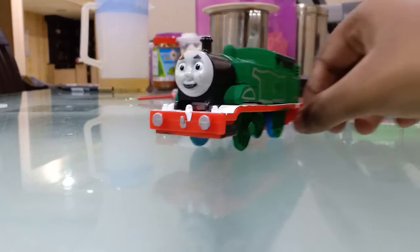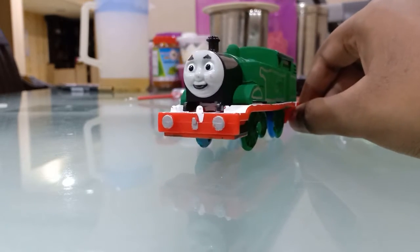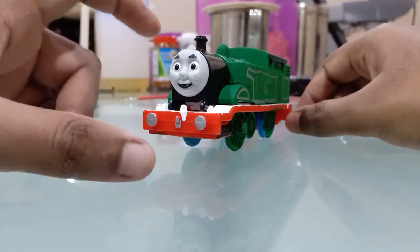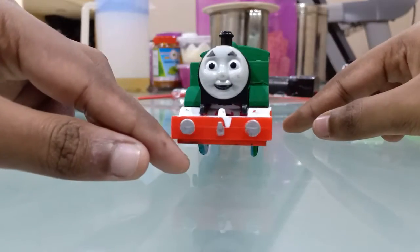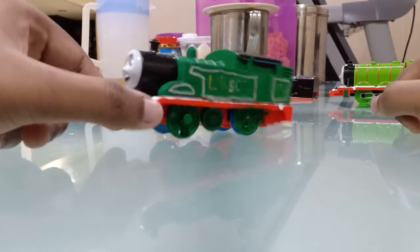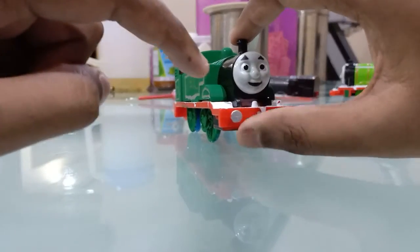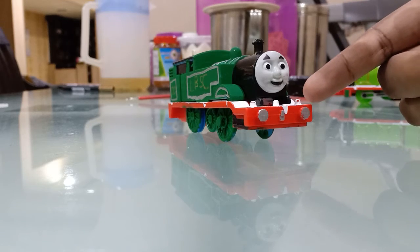model, but this one, LBSC Little Thomas. But this one will be our custom again, like any BR engines. If I get the official Player, because this small Thomas model is going to have some major problems. Yeah, this Thomas had some problems. So this Thomas I gave a white running board,